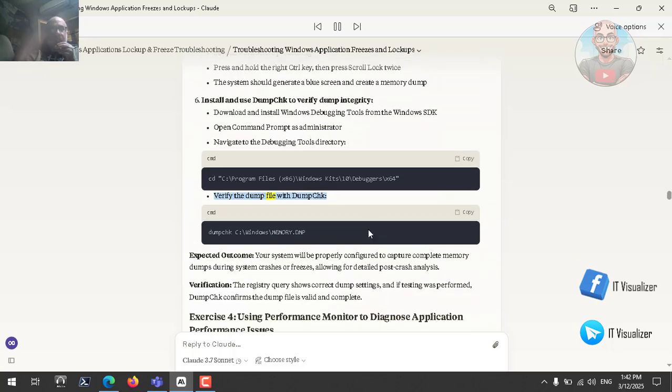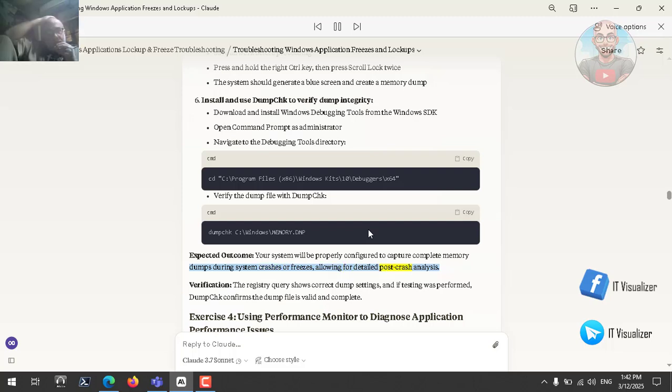Verify the dump file with dumpchk. CMD. Copy. dumpchk c:\windows\memory.dmp. Expected outcome: your system will be properly configured to capture complete memory dumps during system crashes or freezes, allowing